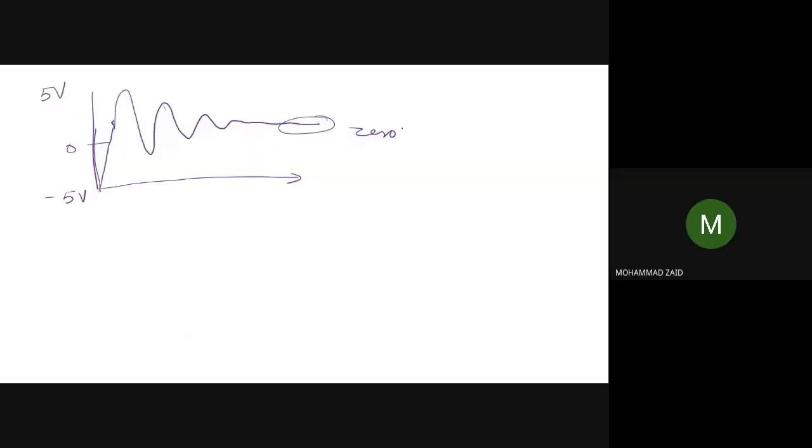It will oscillate first, and in each cycle the magnitude will come down to 0. From the simulation, we can confirm that the time for this peak is 1.0 second, for another peak it is 2.05 second, and so on. And this is 0 second. So it will start from minus 5 volt, that is its initial value, and then it will go. So you can solve more questions like this.